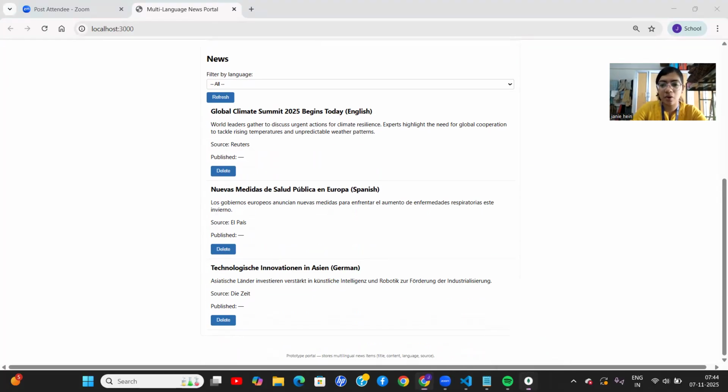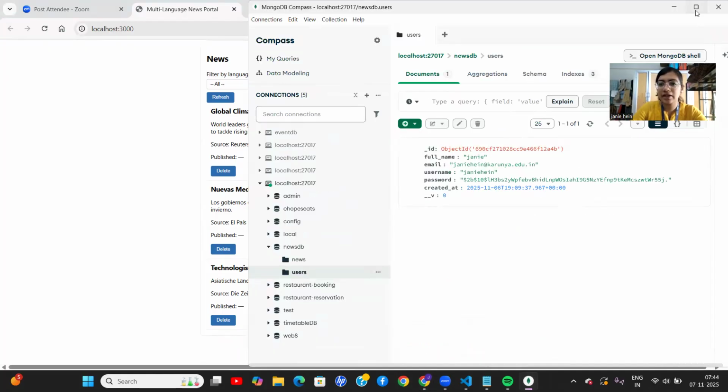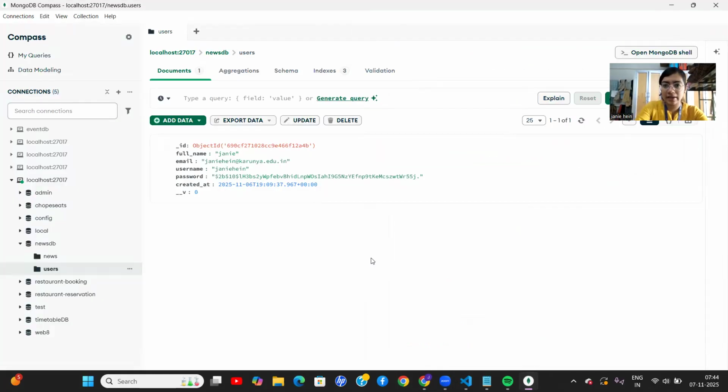So here is the MongoDB. Here the data will be stored. Once the user adds the news data here or deletes, if they make any changes there, the data will be stored here. So this is the information of the user. Here the information of the user, like full name, mail, username, password, will be stored in this